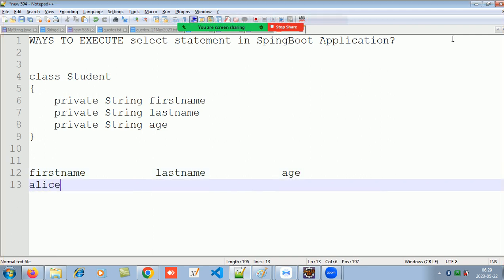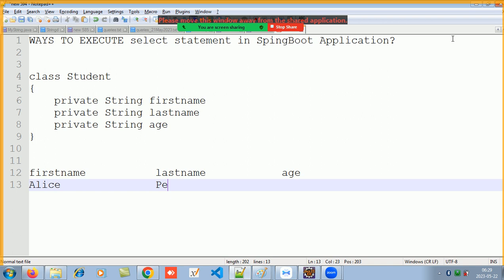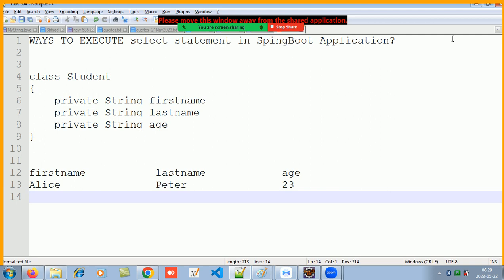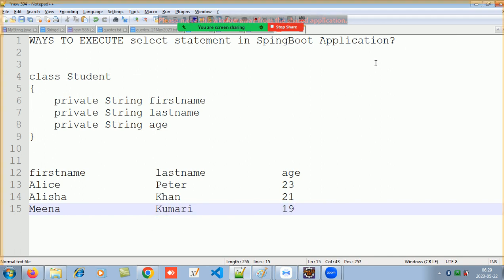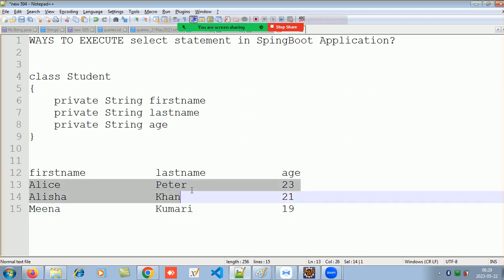So Alice, Peter, age 23. Alicia Khan, age 21. XYZ, whatever. Now if I want to search whether there is a record by the name Alice Peter in our database,